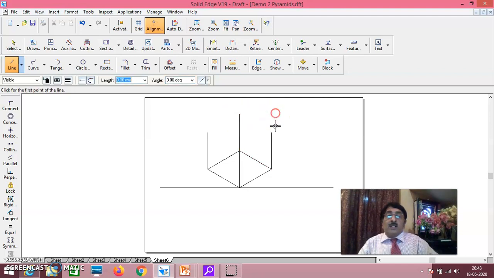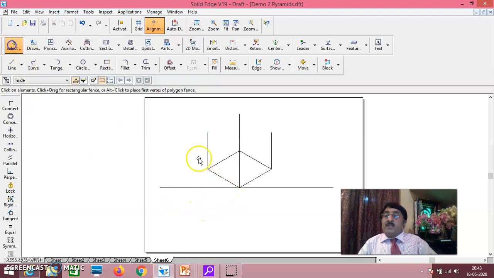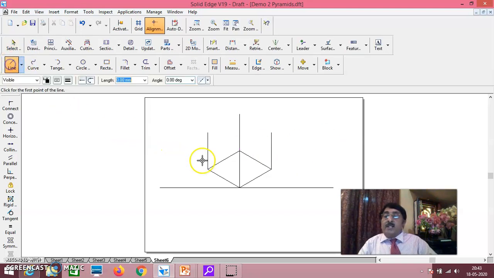These are all the things that you have to do. Now as you know here, please understand, this is 50. These are all vertical edges. This is 50, this is 50. In that way, four vertical edges are there. I'll complete the top surface now. From the end of this to the end of this, I'll complete. Now this is the isometric view I've already got.